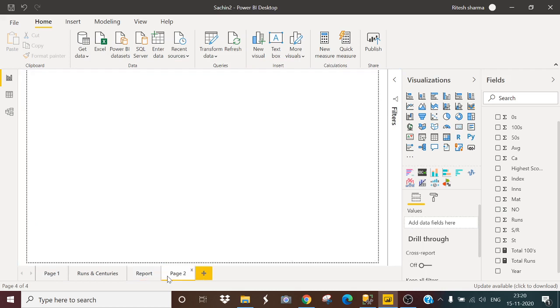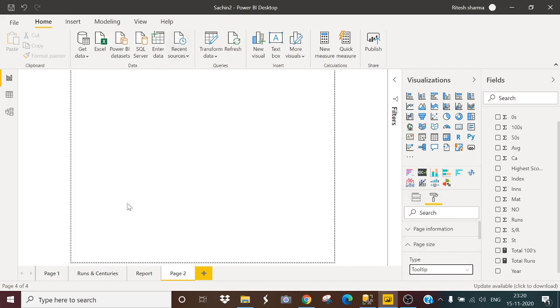From the page information I will turn this tooltip on, and here I will select the tooltip. Now that page is showing me the same line and clustered column chart.